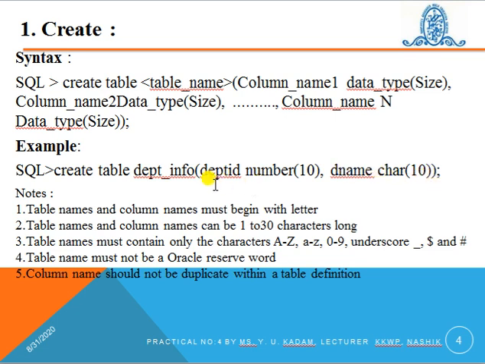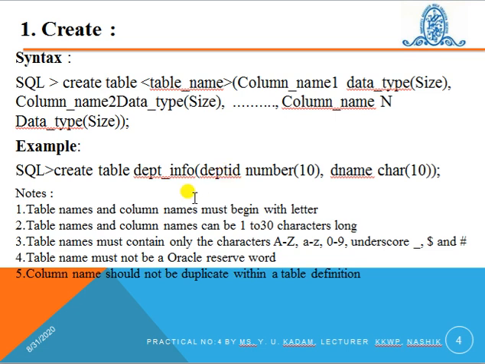Here, the data type defines what type of data is stored for this column. So here I have declared the department ID as a number. It means department ID will store the value as type number. Numeric data is stored for this particular column.